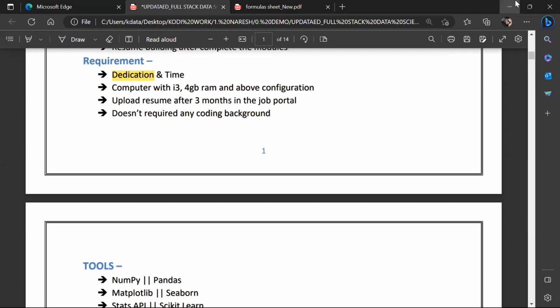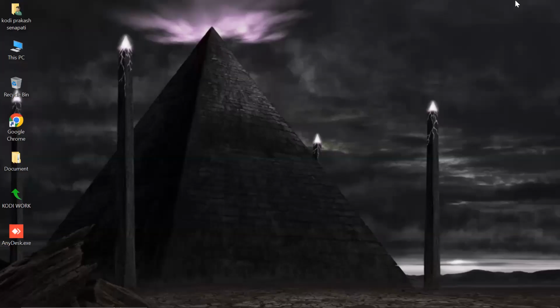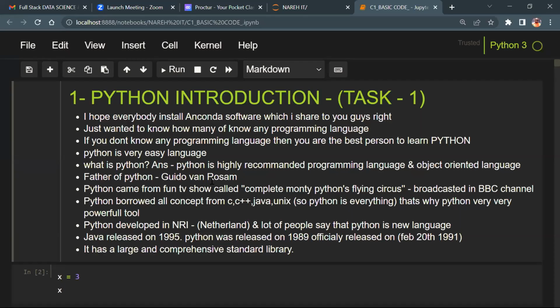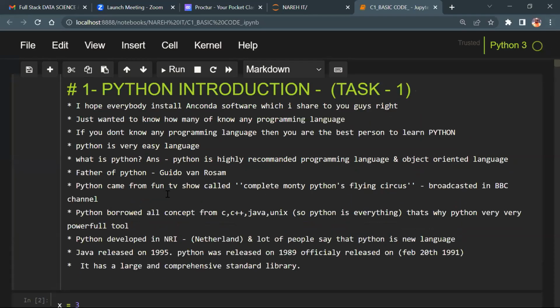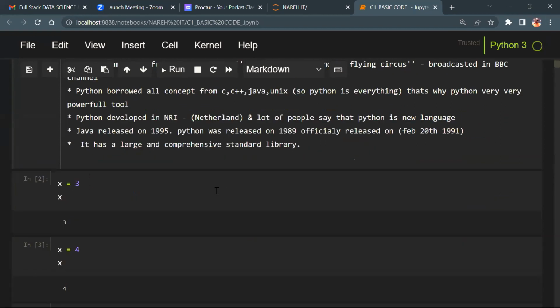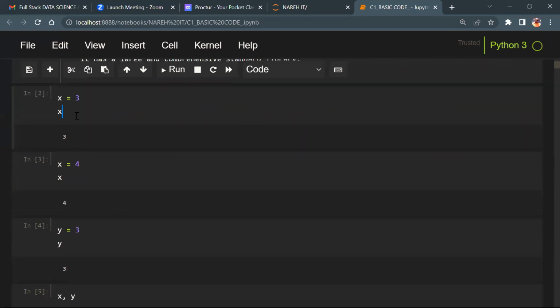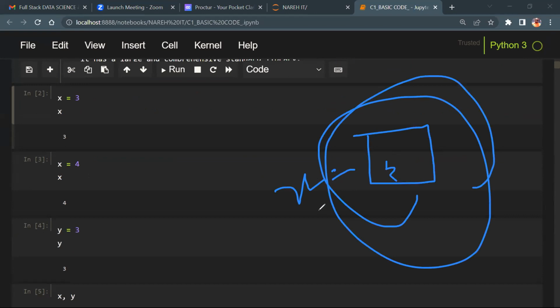Let me introduce Python programming. It's not required, Nitish, but still we need to understand some of the packages over there. Okay. So yesterday we discussed Python is an object-oriented programming language. Am I correct or not? What is meant by object? We create x equals 3. What is the object, guys? x is the object, or not? And we assign the value 3 to the object. So 3 is the value, x is the object.